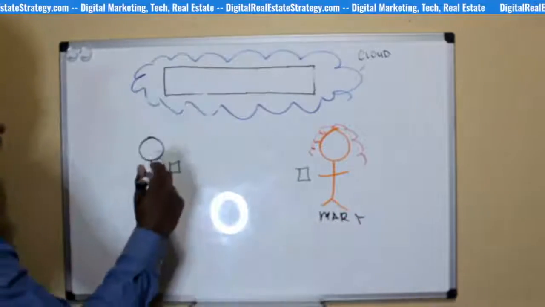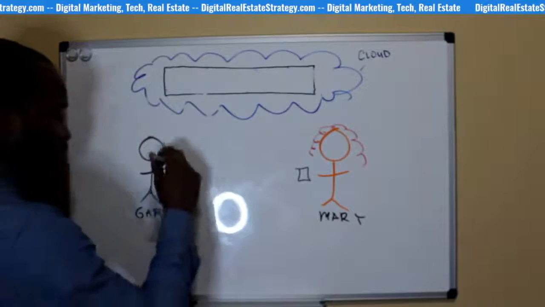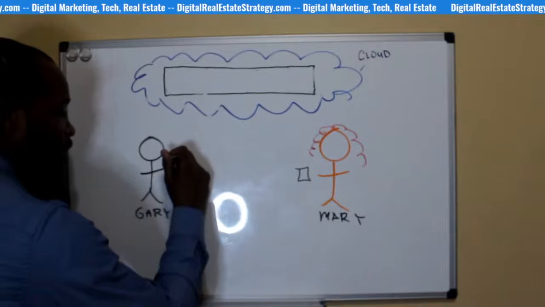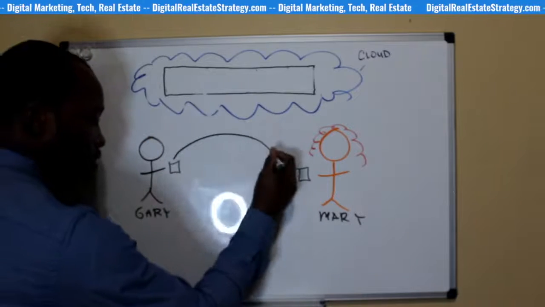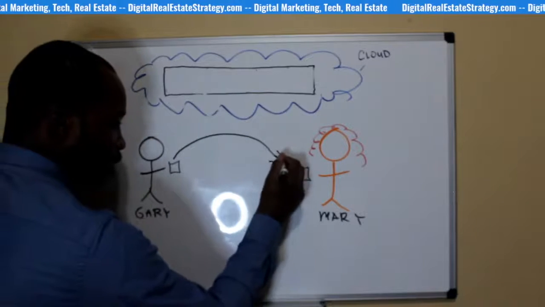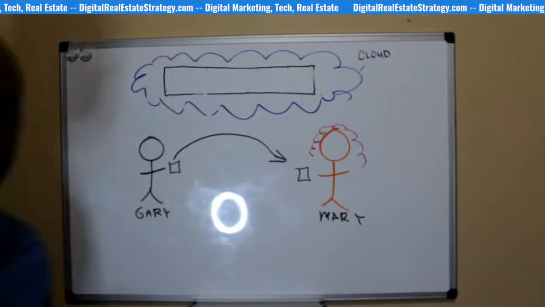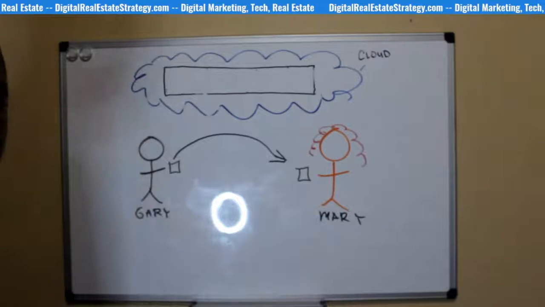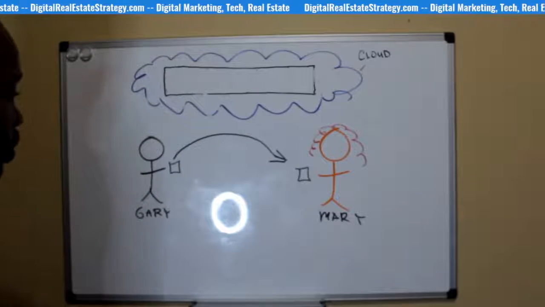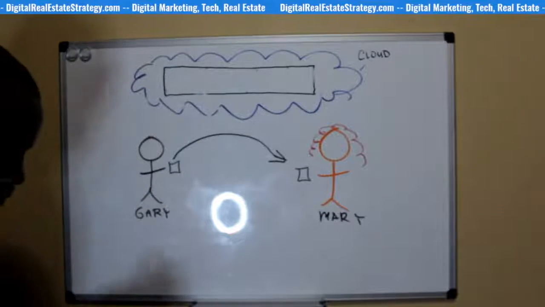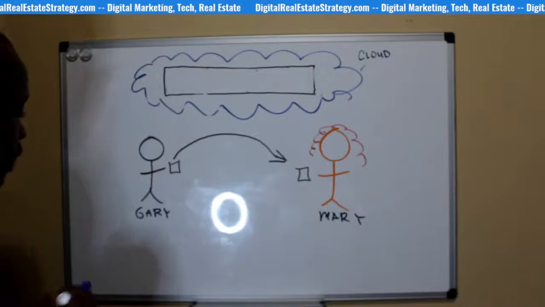We think that these are their phones. So Gary's trying to send a video message over to Mary, and he thinks that when he sends a message, it goes right over to her phone, right? That's normally how we think that phones work. We think it goes from A to B, right? But it's not that simple. The way phones really work is